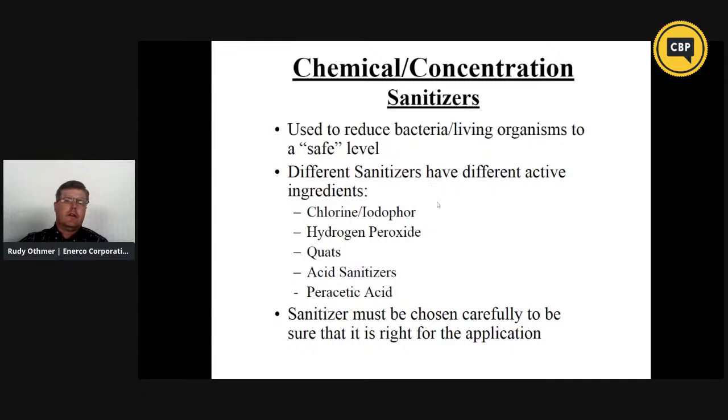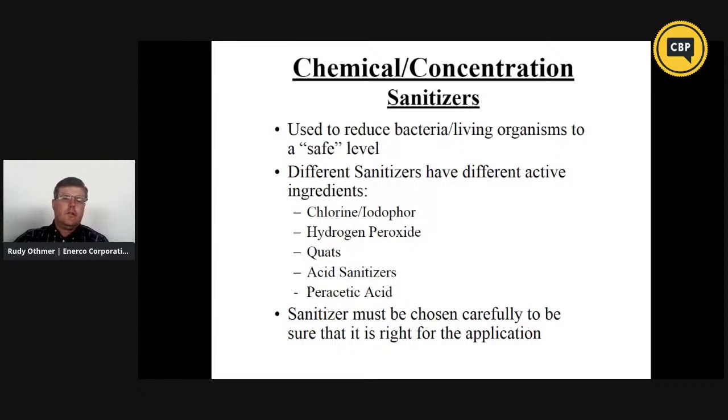There are many different active ingredients that make up sanitizers. You're probably all familiar with chlorine and iodophors. The iodophors in particular are good for our 3-sink systems, our dishwashing, a final exposure on glassware, so on and so forth. Hydrogen peroxide, we find as a blend frequently in our main brewery sanitizer. Quats,